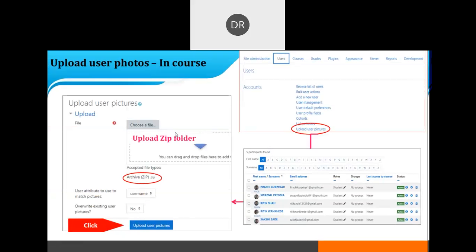Manual means the self-enrollment. In self-enrollment, you just have to share your site address with the students, so they will hit your website and they will find the self-enrollment process. They will put their username and password as per their choice, and they will get enrolled into your course. So this way also you can ask your students to enroll in your course, or else you can do it in a bulk manner yourself.